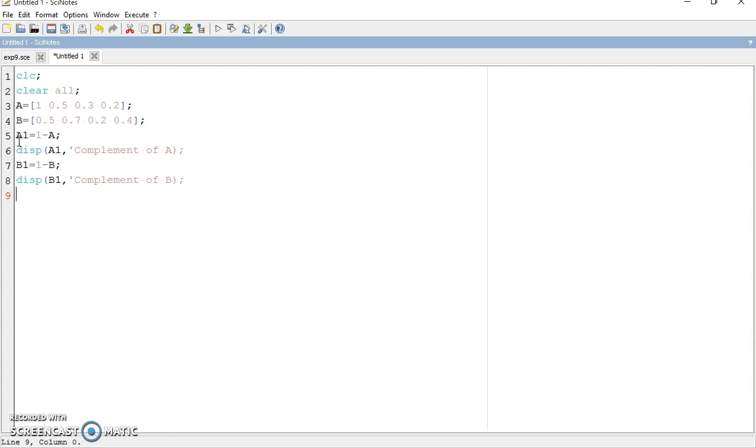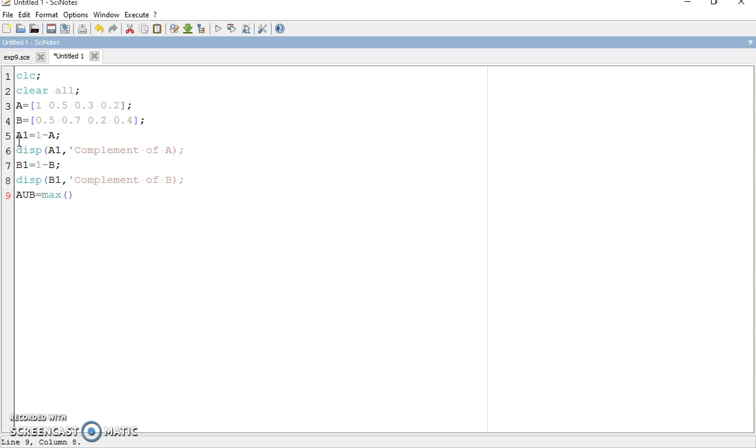Then we have also seen that union is nothing but the maximum value between the two fuzzy sets. In Scilab there is a directly inbuilt function to compare the maximum values between two sets.